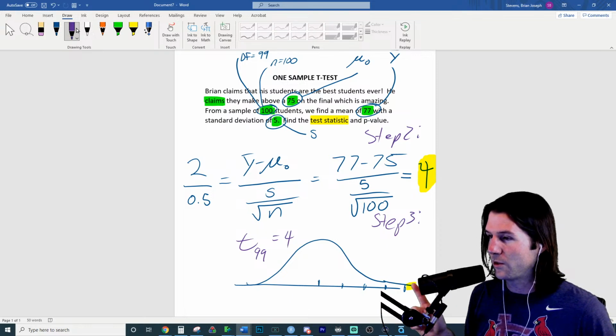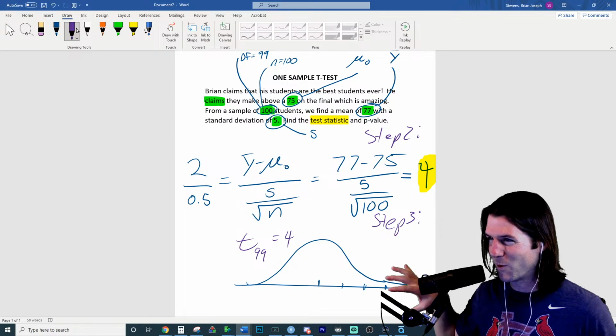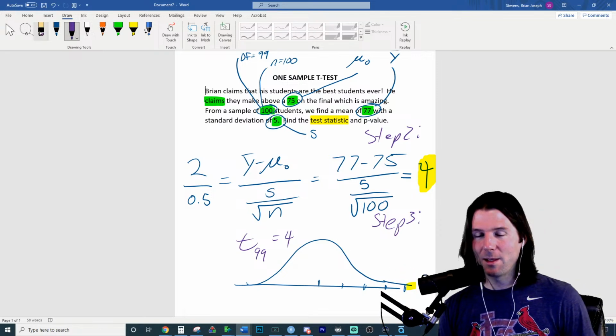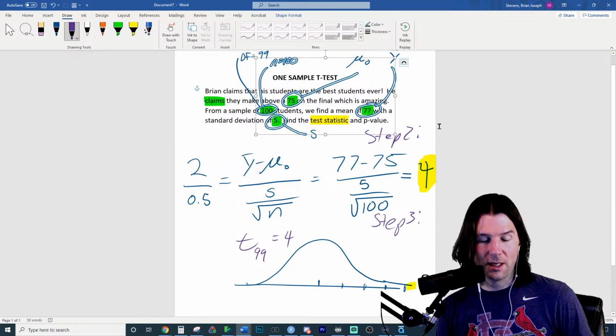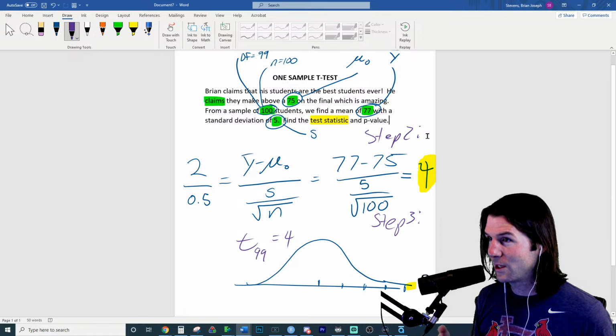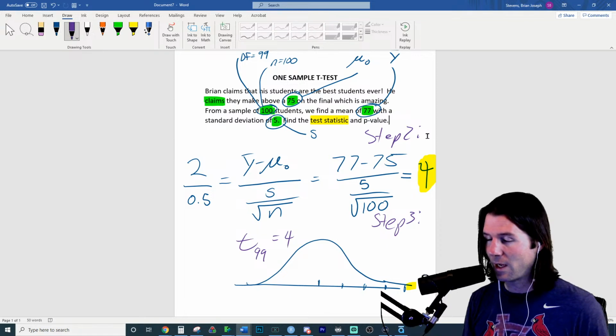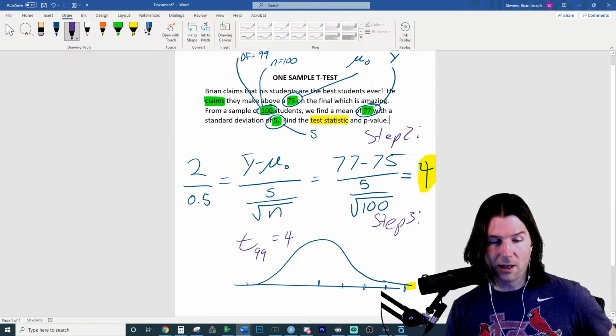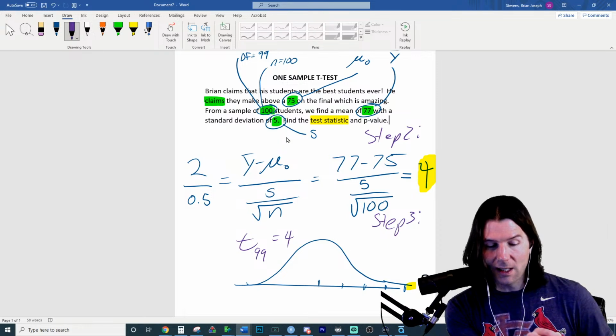You've just done the reverse. So reverse it around. He claims that the mean is above. And one thing we didn't do in step 1 right here, but I'm probably trying to do, is the alternative to 75. If you were to go back in time and write out the null hypothesis,